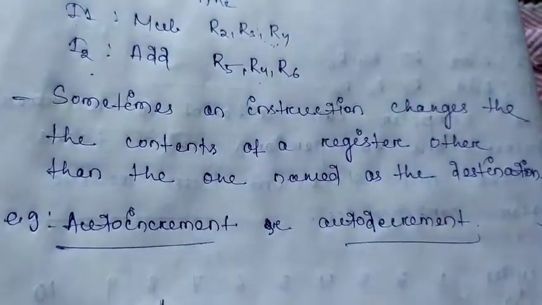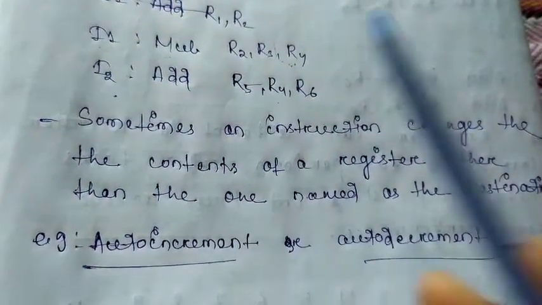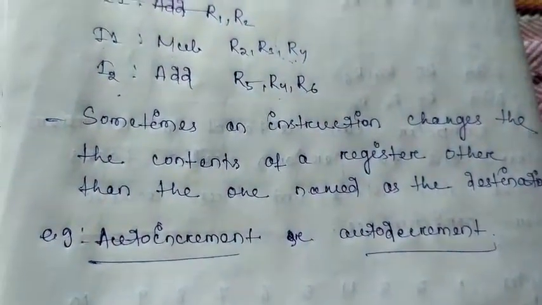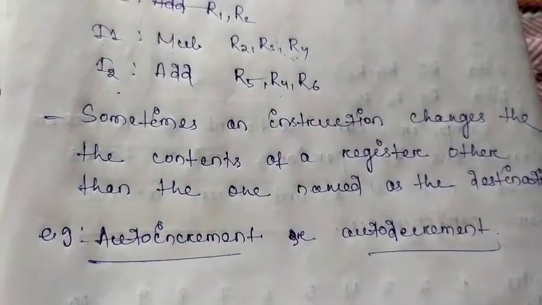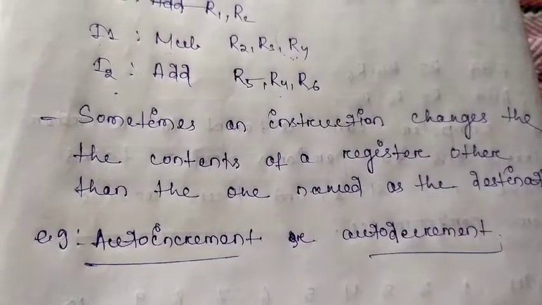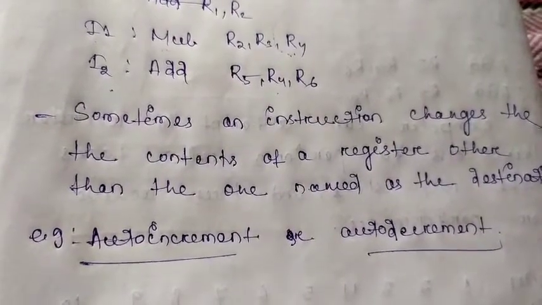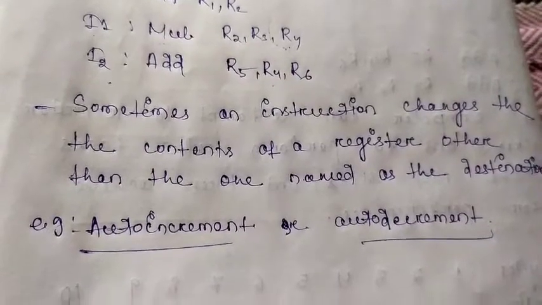When we are using the auto increment addressing mode, this instruction will not change only the destination, it may change some source operands. That means after incrementing the source operand, we will add it with some other operand, and then store it in the other register. Okay,